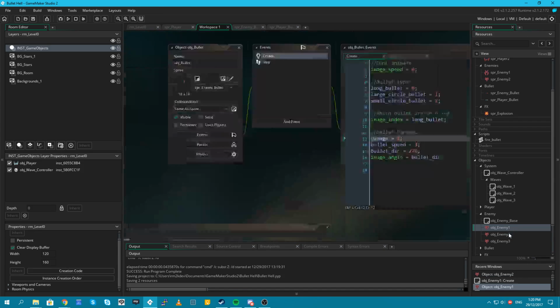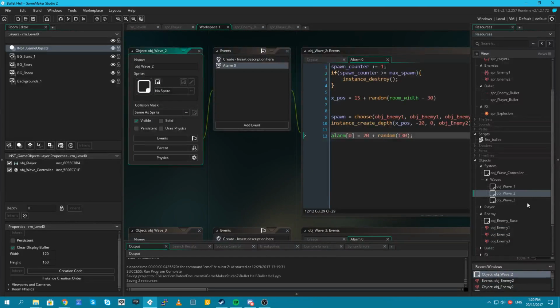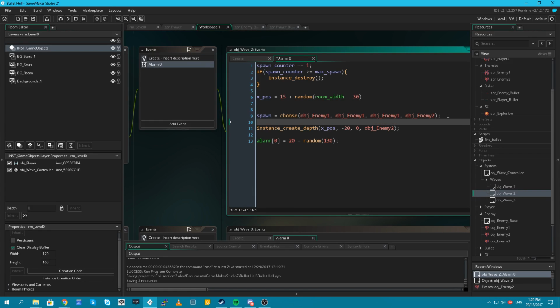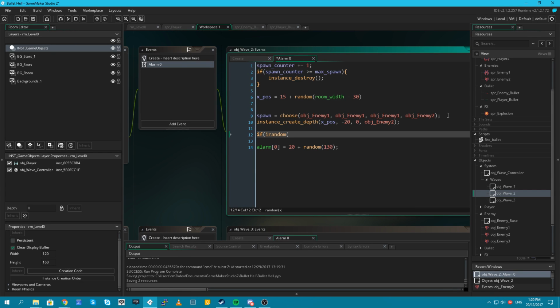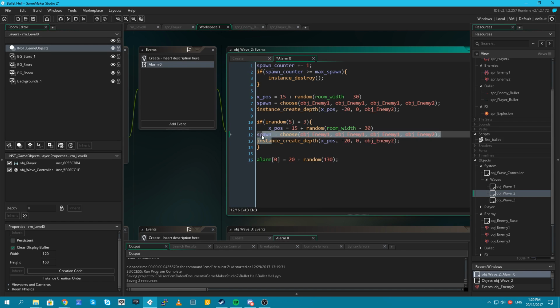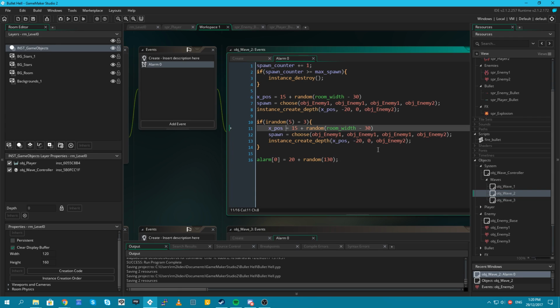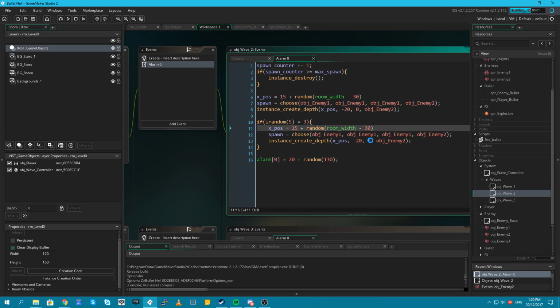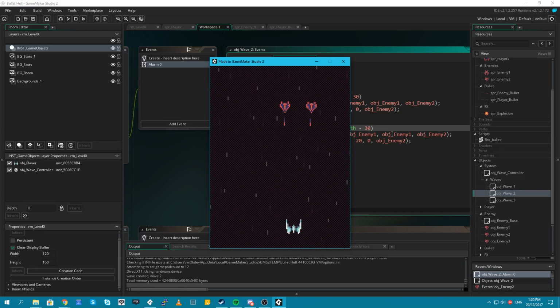Alright, so wave 2 enemies are working. Now the other thing is, in wave 2, I want there to be a random chance that 2 enemies are spawned. So if iRandom 5 equals 3, we're going to spawn another enemy. What we'll do is we'll just grab this code and just throw it in there. Now, I really should optimize this, but that'll do. So there could be 2 enemies spawned in wave 2 at a random chance.